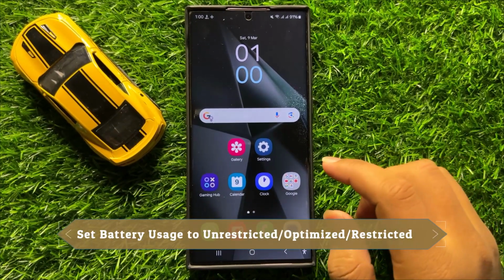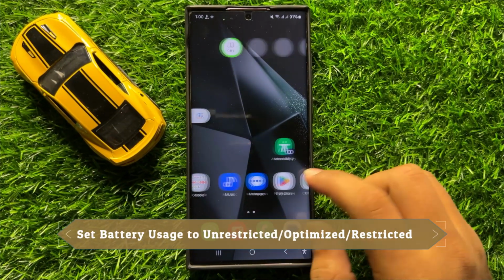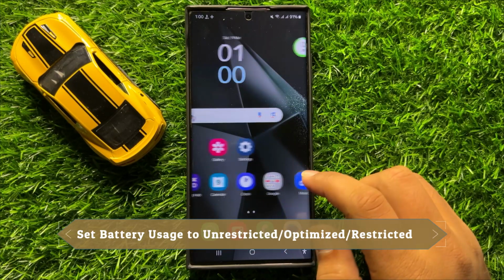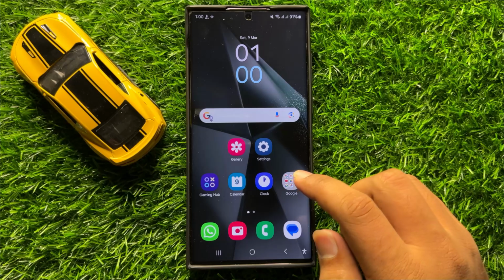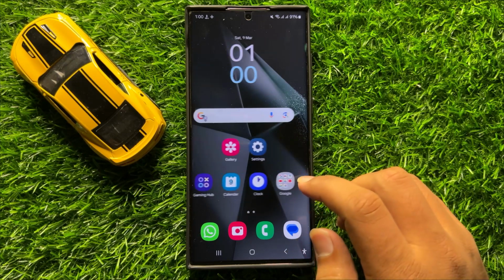Hello everyone, in this video I will show you how to set battery usage to unrestricted, optimized or restricted in